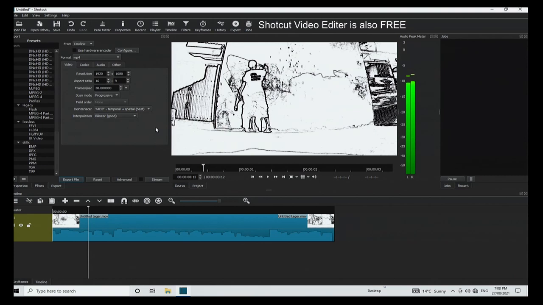And having done that, we'll put the image into Shotcut, which is another video editor, not as advanced, but it will enable you to output at a lower frame rate, which cuts down the amount of work needed in rotoscoping. So you don't want too many images. If you go for 30 frames a second, that's a lot of work every second. So if you can get it down to 10 frames per second,